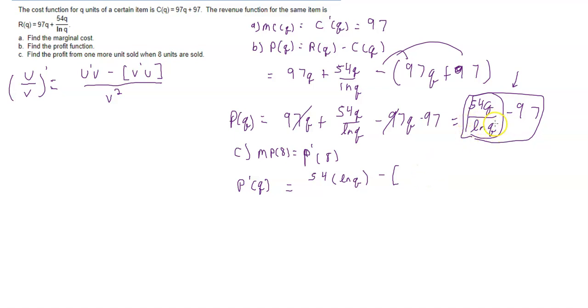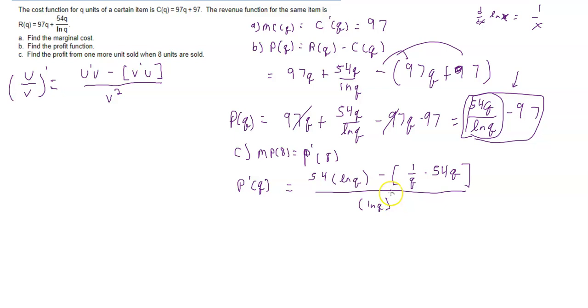Well, the derivative of ln of Q is 1 over Q, right? d dx of ln of x, that's one of our derivative facts, is 1 over x. So I get 1 over Q times 54Q, which is the function in the numerator,